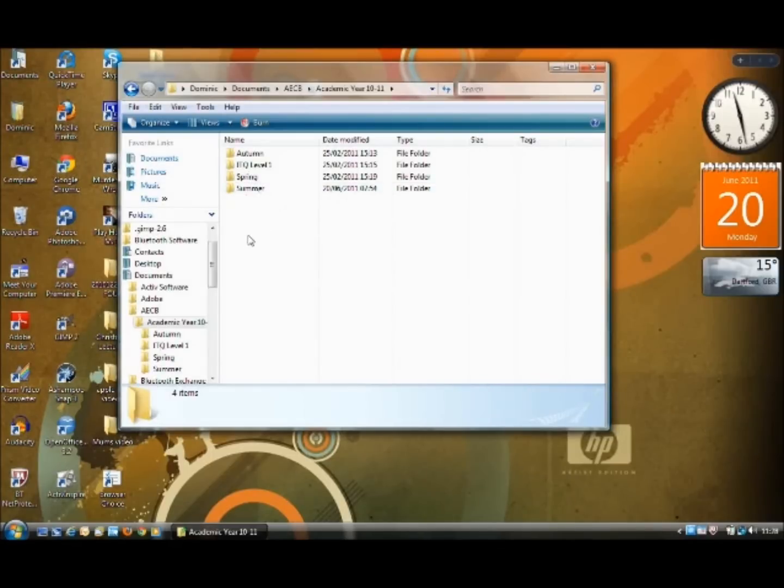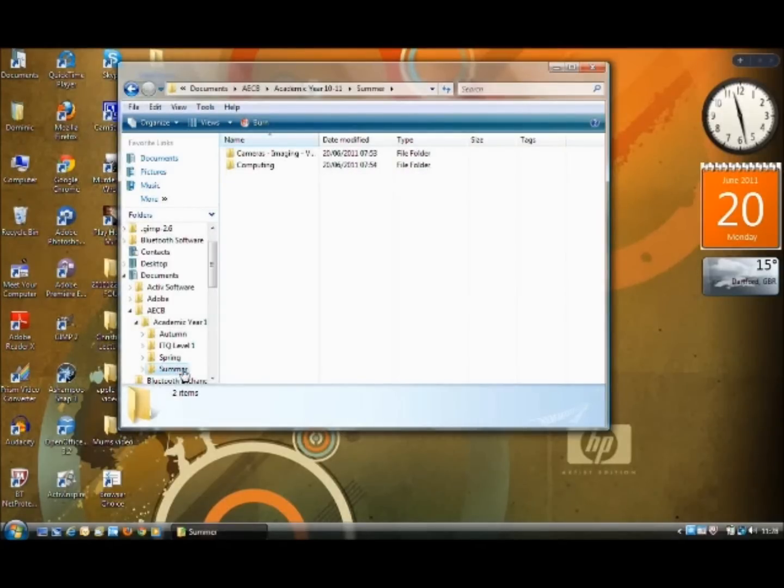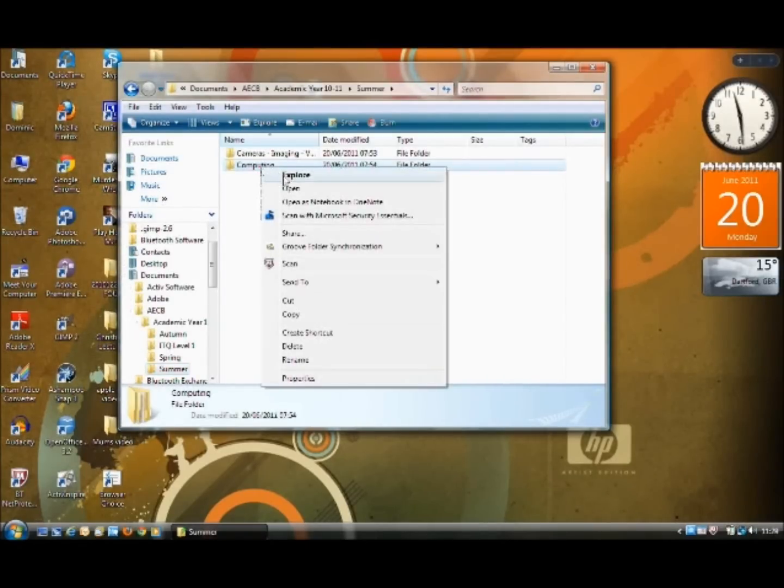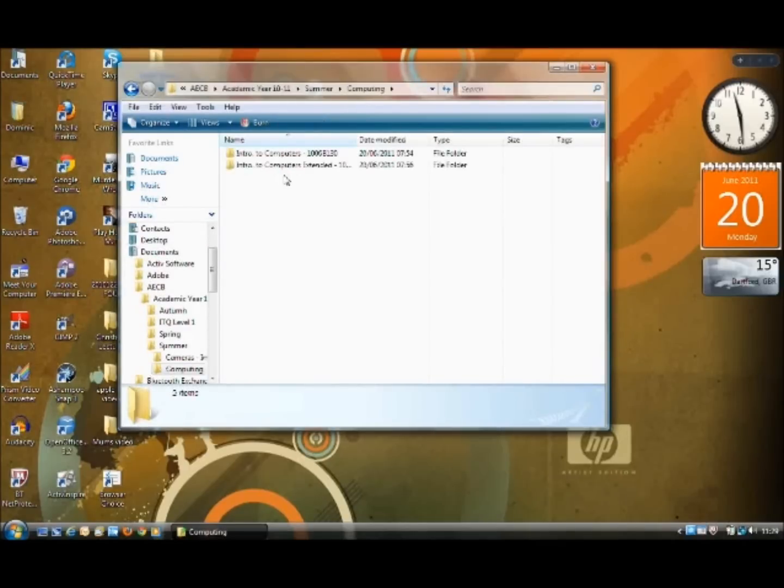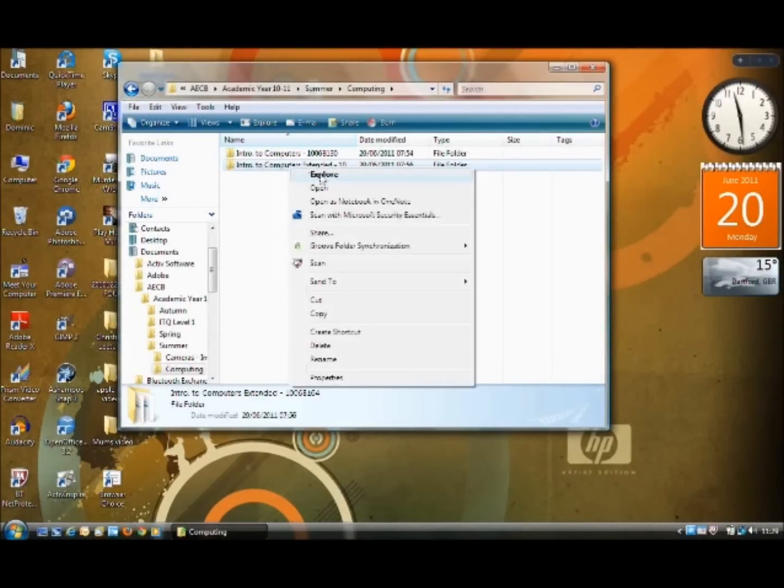Another way that you can navigate your file structure is through the folders pane. See, we've got here a list of exactly where we are, currently in academic year 10-11. If I want to get into summer, all I'd have to do is single left click on that folder, and then the contents is displayed on the right hand side. This is a computing course, so if I open the computing folder, and the course is Intro to Computing Extended, so again open that one,